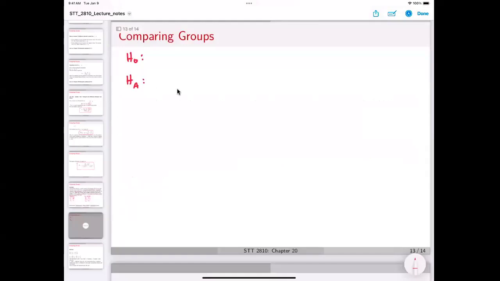So we can see mu1 minus mu2, or you could write mu smokers, mu non-smokers as the same thing, equals 0. There is no difference, and then mu1 minus mu2 is not equal to 0. So the alternative means that there is a difference between the mean pulse rates between the two groups. The null hypothesis is just saying that there is no difference. That is why the difference between the means is 0. And then the alternative, the difference between the means is not 0, which means that there is a difference between the